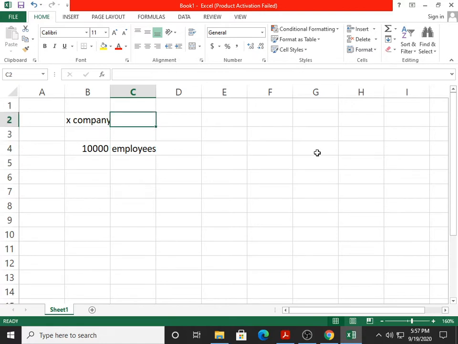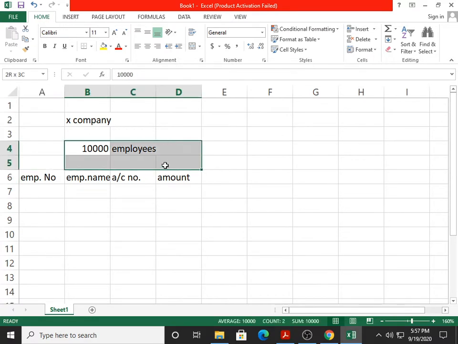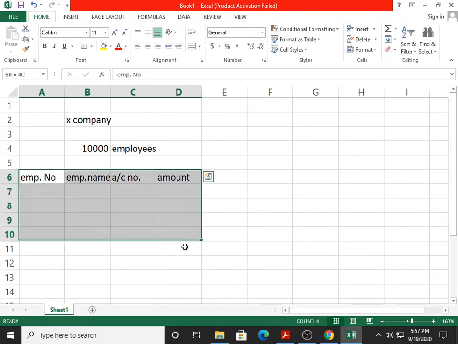X company will provide the information to the bank: employee number, employee name, account number, amount. Okay, this list of these 10,000 employees, this data is transferred to the bank, and the bank will